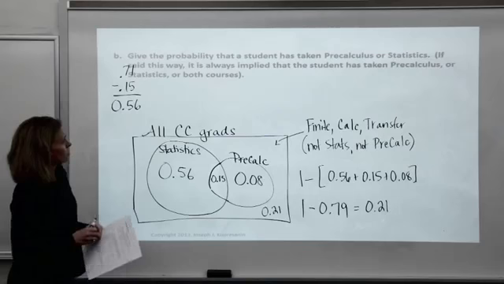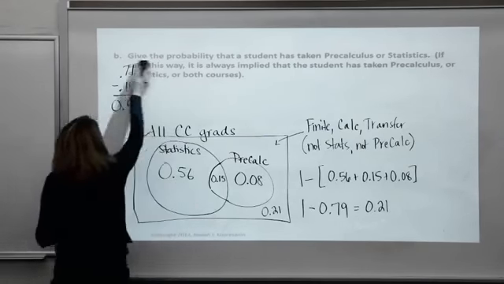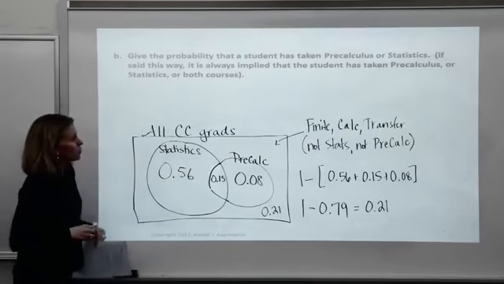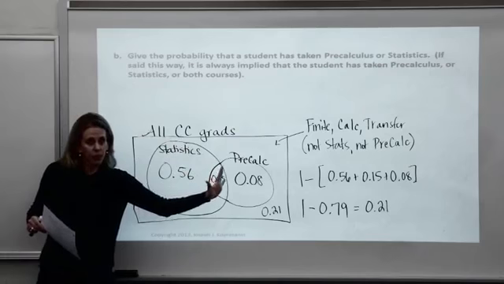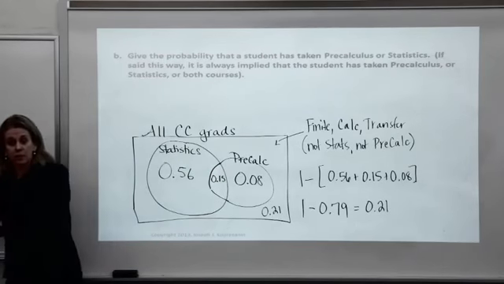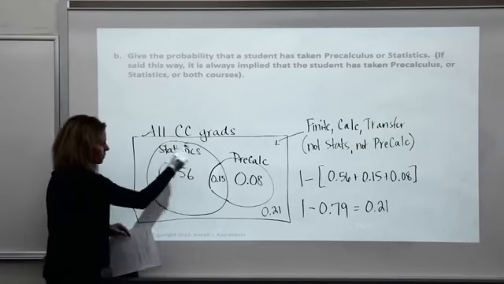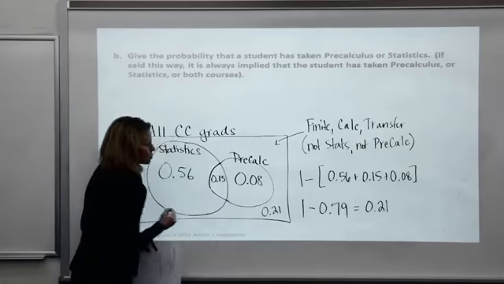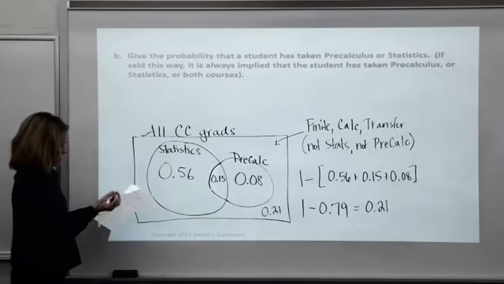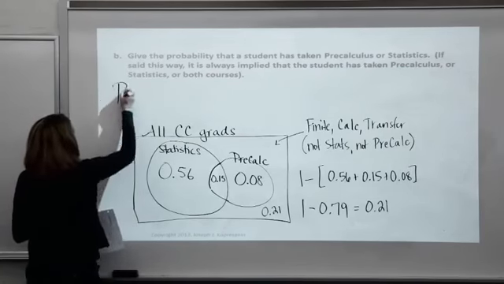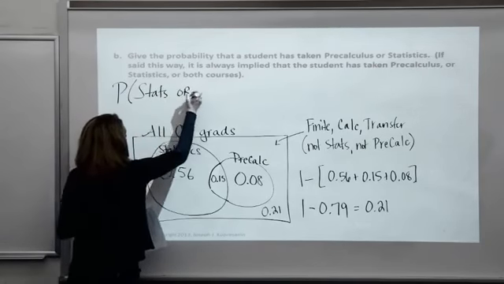Give the probability that a student has taken pre-calculus or statistics. When you see "or," it's always implied that you might have taken pre-calc, or you might have taken statistics, or you might have taken both. It includes pretty much everybody in one of these two circles here. So if we use that addition rule, probability that you took statistics or pre-calc,